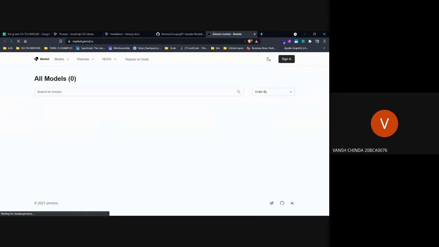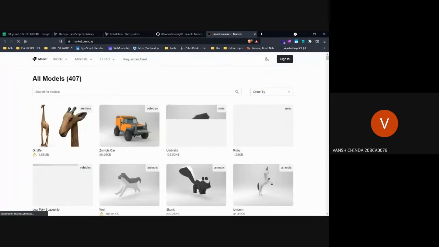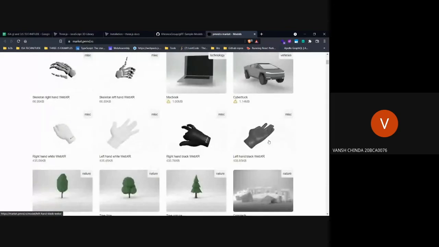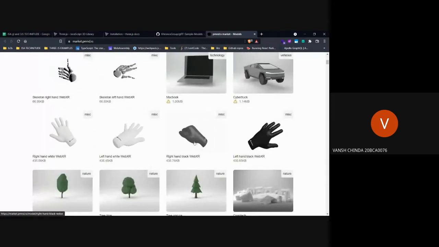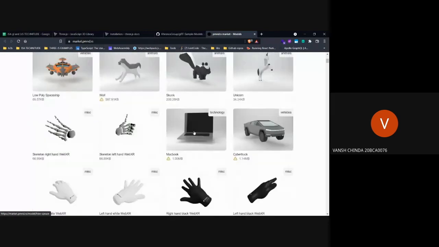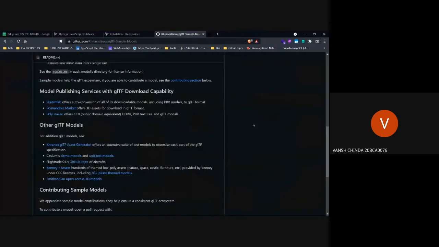This is the market. You can basically just go to this website. You don't need Blender to work with 3JS. You can go and download GLTF files from here. There are thousands of files, I think. There are animated files as well. We are not getting into these kind of animations today. So you can basically download files from there. Now let's get back to our code.